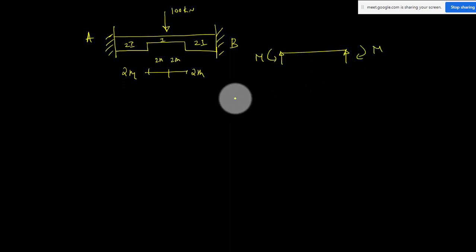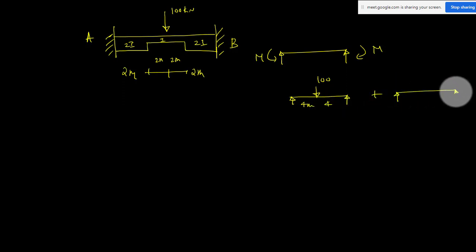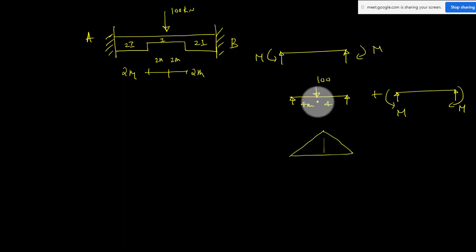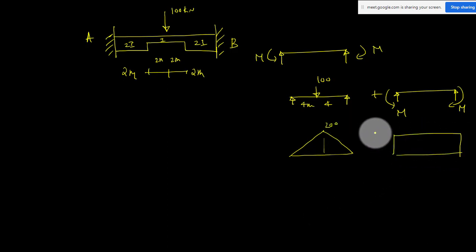So this one we can divide into two cases. First is a simply supported beam with a concentrated load 100. Here 4 meter, 4 meter, plus a constant M simply supported beam. So this is M and it is M. Now what is your moment diagram for this loading case? It is linear. So what is this value? WL by 4, 100 into L is 8, 100 into 8 by 4, that is 200. This value is 200. Uniform M is for the M diagram.